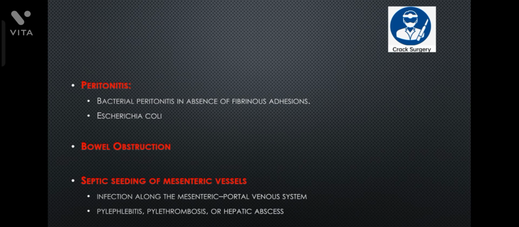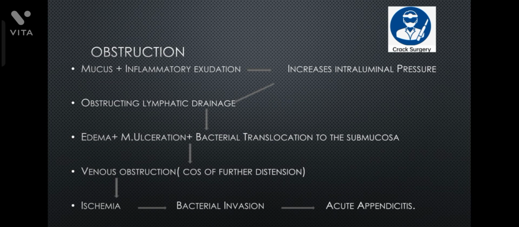Infection along the mesenteric portal venous system: phlebitis, pylethrombosis, and hepatic abscess. Obstruction: mucus and inflammatory exudate increase the intraluminal pressure, which obstructs the lymphatic drainage. Further, edema and mucosal ulceration plus bacterial translocation to the submucosa lead to venous obstruction,